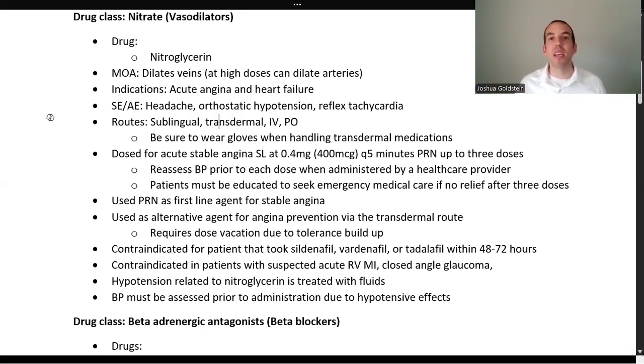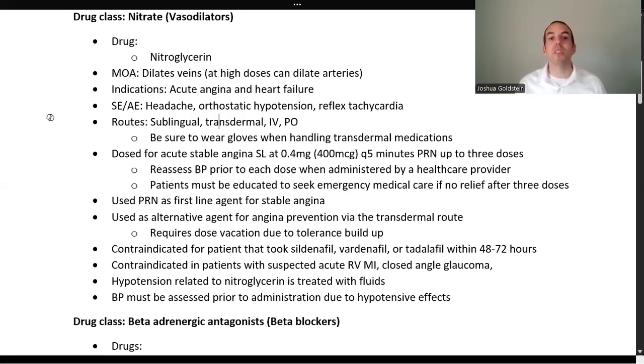I take my nitro, that increases the supply, and my chest pain goes away. Everything's good. If I am having this happen all the time, I tell my provider, and they say, how about we put you on a daily medication so that this doesn't keep happening? Obviously, exercise and lifestyle changes is for sure the best option, but there's also the pharmacological option, which is what